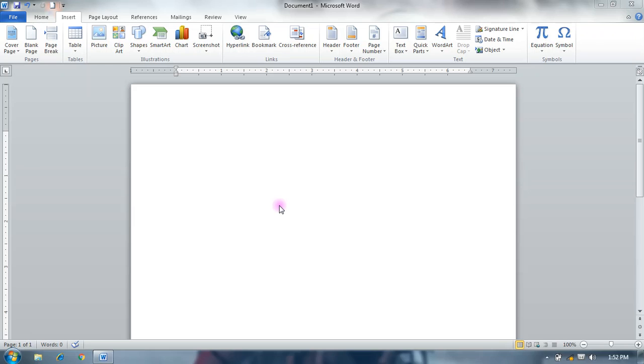Today our topic is table, and table is provided in the Insert group. First, what is a table? A table is a combination of rows and columns which is used to contain information in a well-mannered way. So, how can you insert a table in an MS Word document and other document formats?